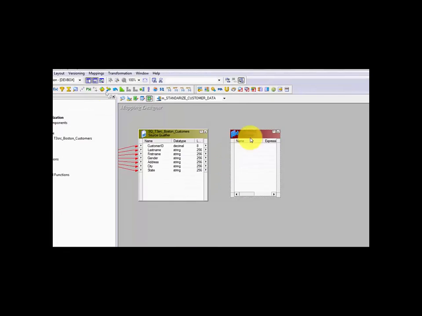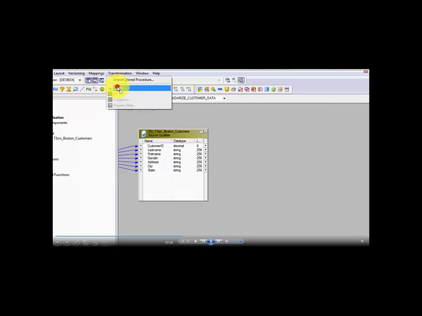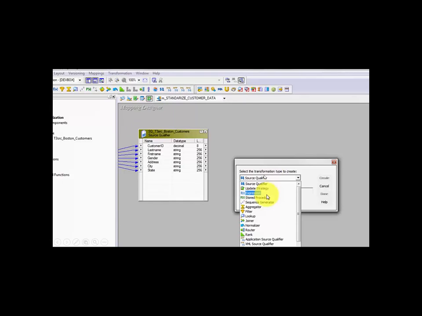You can either double click on that and you'll get the expression transformation here, or another way of doing it is go to transformation and click on create. Once you click on create, you get a drop down. So click on expression, as you need an expression transformation,